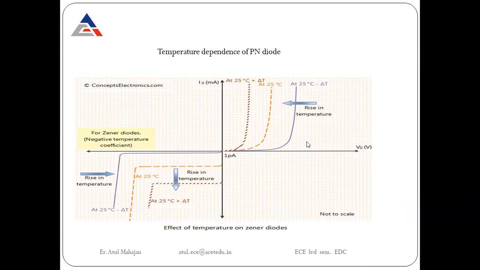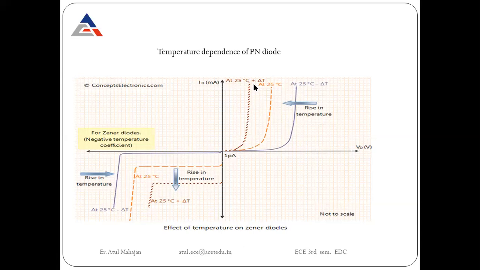We can see here that we have 25 degrees Celsius minus delta T. Here the temperature is increasing, but not to a very large extent. Then 25 degrees Celsius is the normal room temperature. But as we move towards the left side of the graph, the rise in temperature is always on the left side. Moving left means lower voltage and a higher increase of current, which creates a higher temperature also.